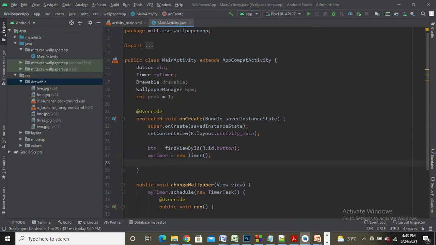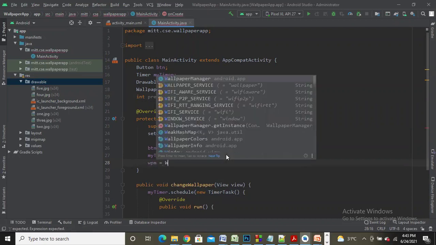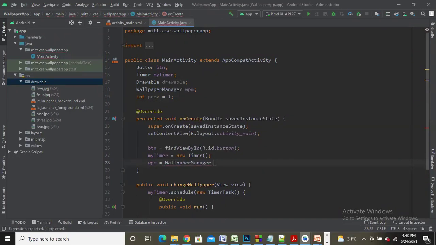That can be done by WallpaperManager wpm equal to WallpaperManager dot getInstance. What getInstance is going to do is fetch the current wallpaper of your screen, and that is going to be pointed to by a variable WPM, which is nothing but a Wallpaper Manager object.